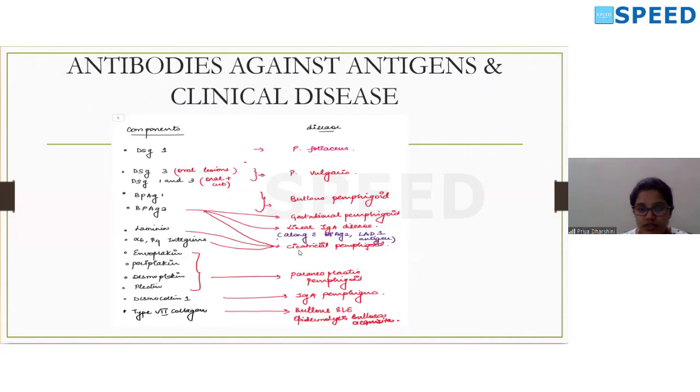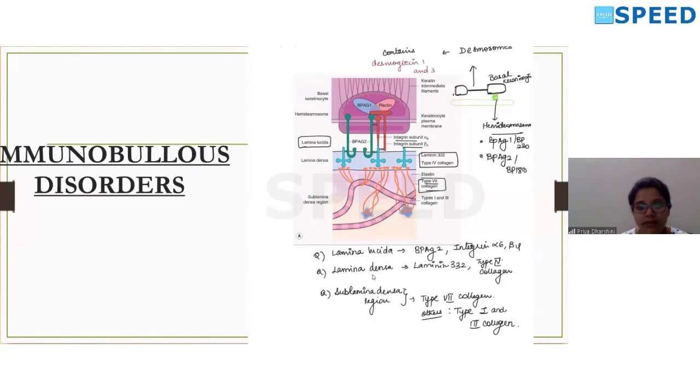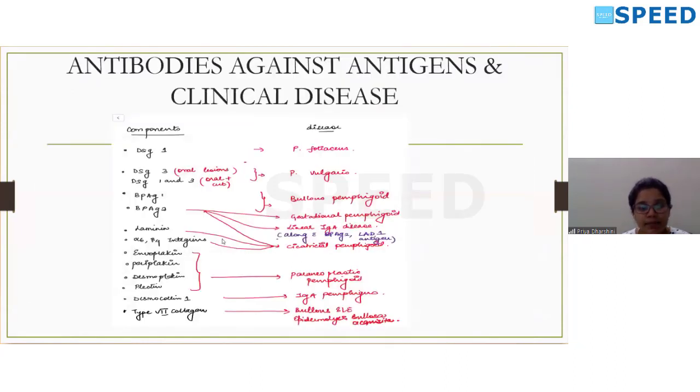So this BPAG1 and 2 and the disease association you should know clearly. They might ask in exams. And this laminin is a component of lamina densa of basement membrane, as we saw earlier. So this laminin and alpha-6 beta-4 integrins are involved in causation of cicatricial pemphigoid or mucous membrane pemphigoid. So these are all the proteins which are involved in causing some epidermal bullous disorders. So all these proteins, all these components and the diseases you should know thoroughly to answer any of these questions